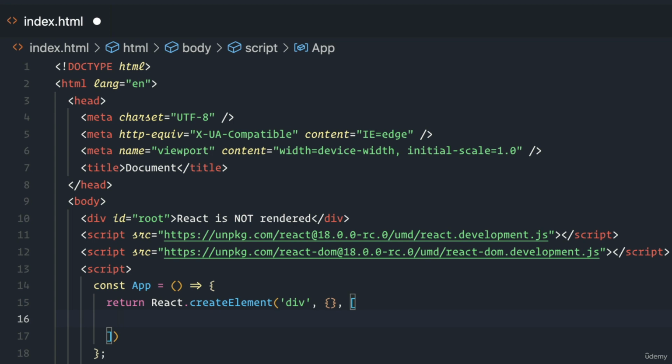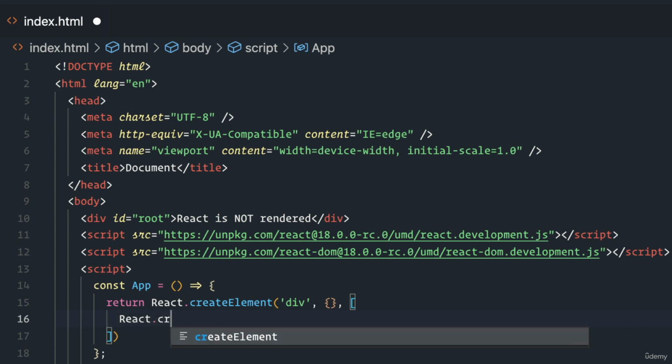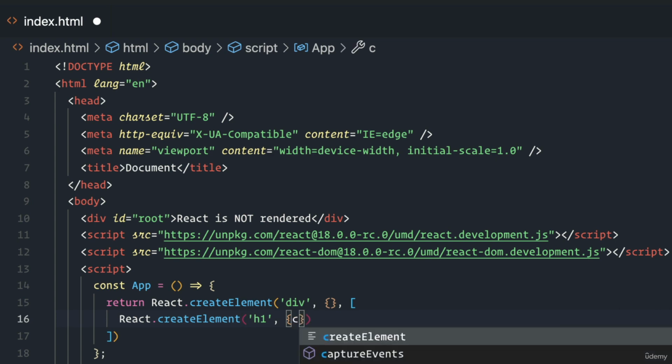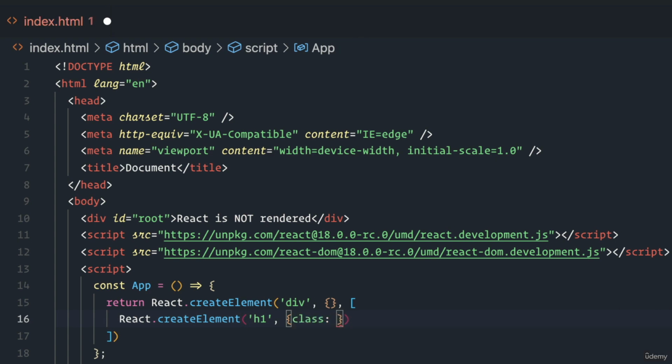And I'm going to pass that string inside of an h1. So how do I do that? Well, I need to make a new h1. And you might have guessed it, we need to use React.createElement again in order to create the h1. So I'm going to call it h1. I'm going to pass it a class, and here you can use class or class name. Both are viable. I'm going to pass it specifically a class, and I'm going to say that the class